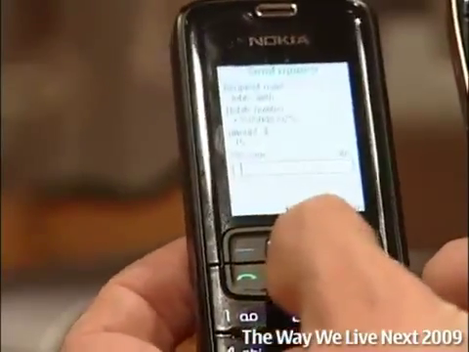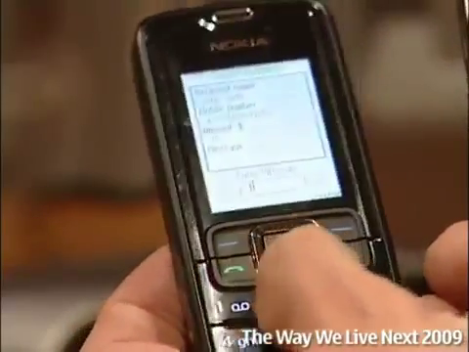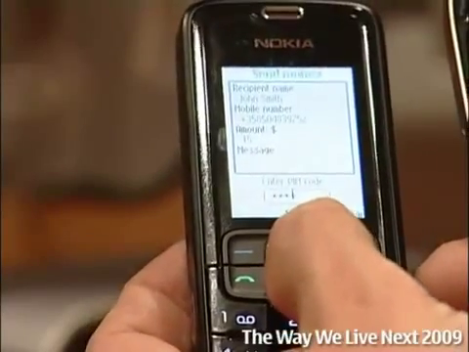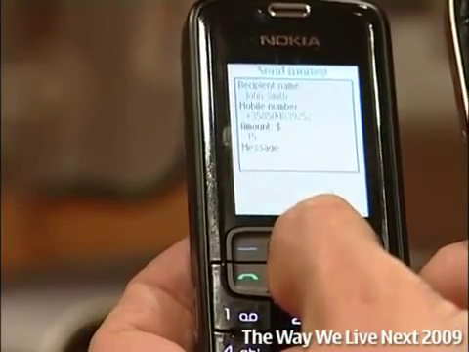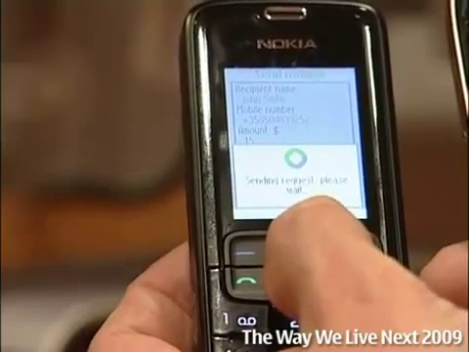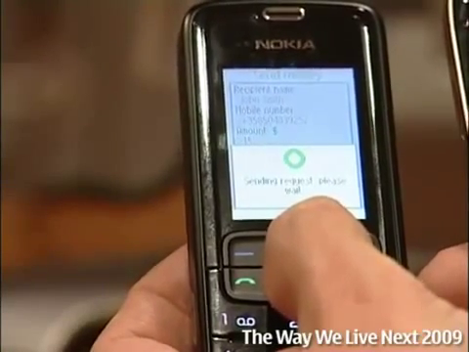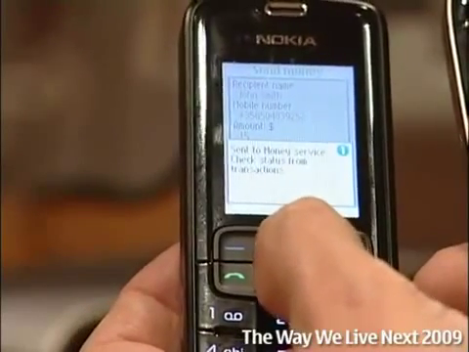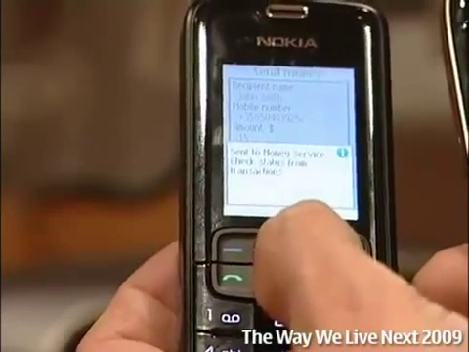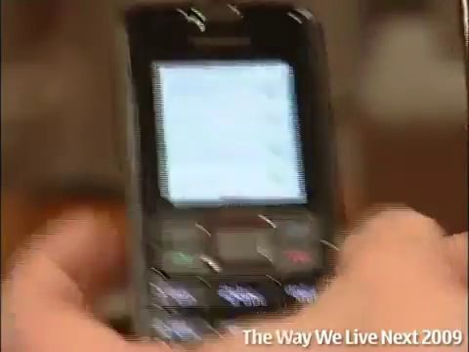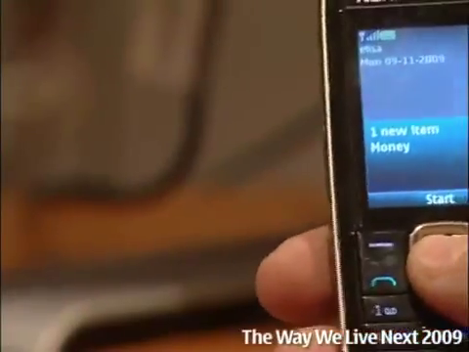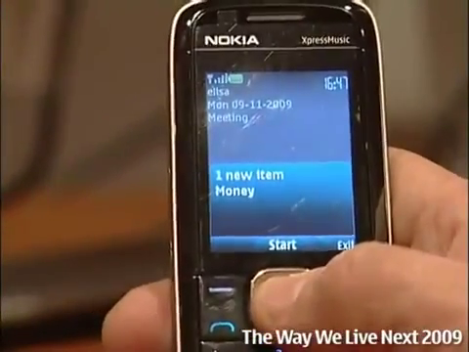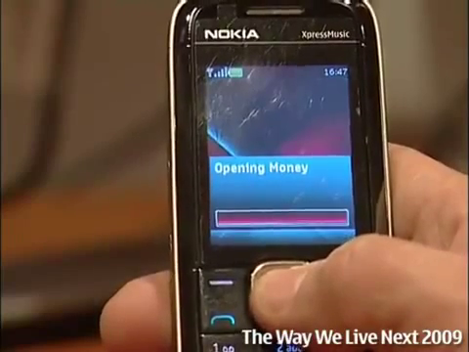You can enter a message if you want, and you confirm the transaction with a PIN code. So now the application is sending the request to the Nokia Money service, which then confirms that the request is sent to the money service, and you can check from the transactions. So what happens is that John on his phone receives a message that he has one new money item, and he can start the application,